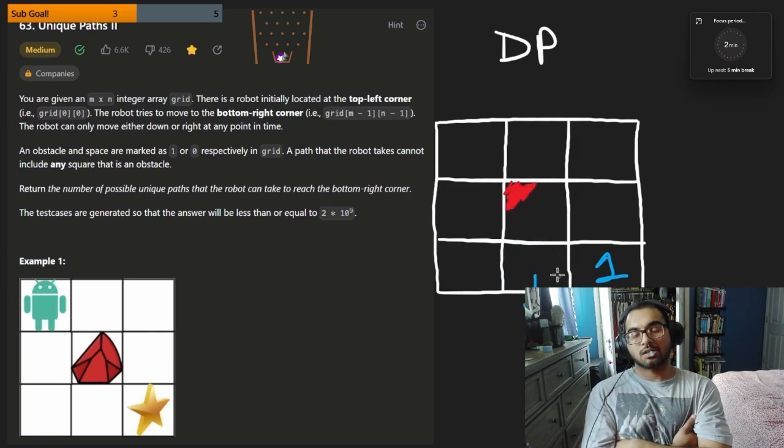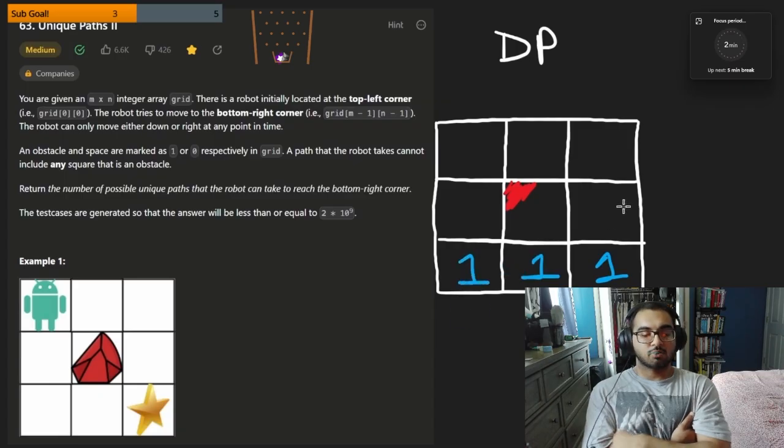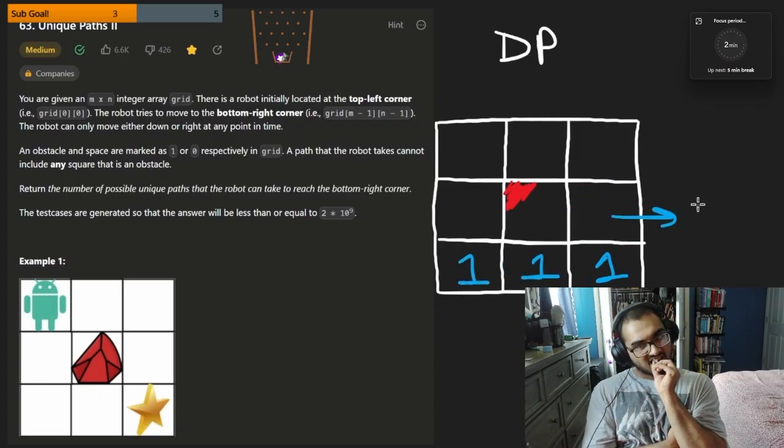Well, we want to add the value to the bottom and the value to the right. And when we go out of bounds here, we can just assume that the value is 0 as the default value, so then the value we put here is 1. What about over here? Same thing, go to the bottom and to the right, so we put a 1 here. What about over here? Same thing, we go bottom, that's a 1. When we go out of bounds to the right, we also assume there's a 0 here,